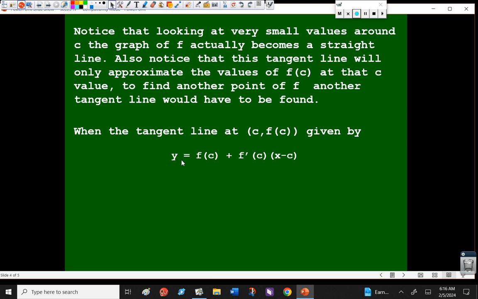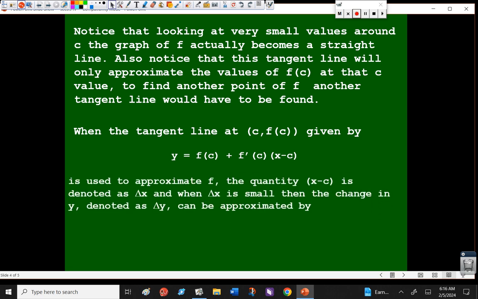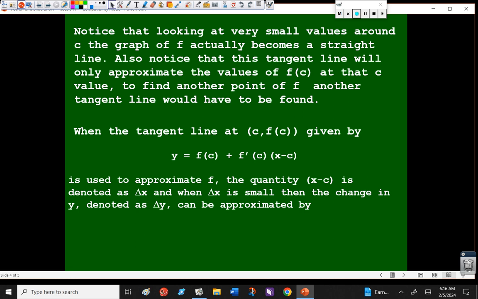The tangent line at c, f of c is given by the tangent line equation again. It's the y value plus the slope times x minus the x value, in this case c. This is used to approximate f. The quantity x minus c is denoted as delta x. So x minus c is actually the change of x. And when x is really, really small, from the left and the right, as we saw in that picture, when you get really, really close to that red dot,